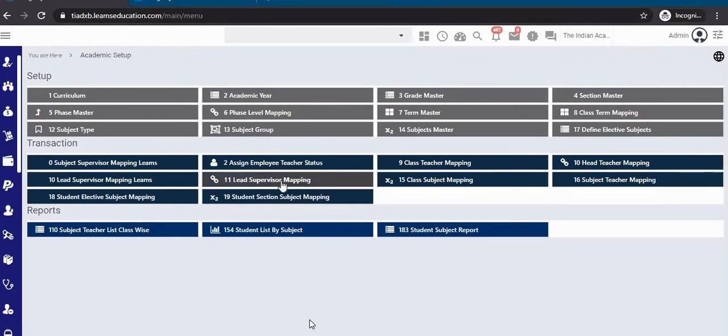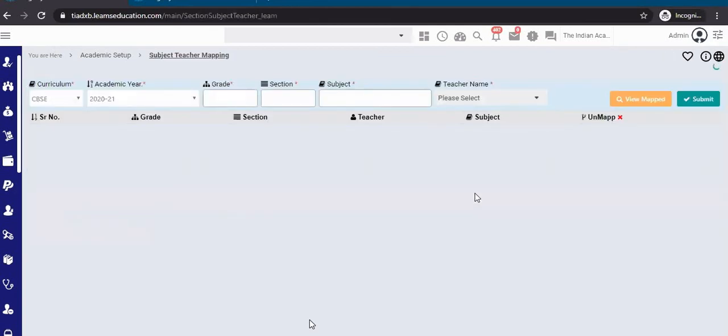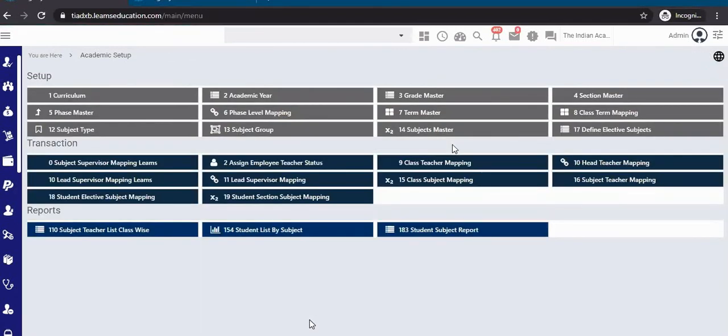So any mapping you make, you can see in both applications. For example, the subject teacher mapping: if you do it from the old session subject teacher, you can see it here, and here also. Okay, so that is not an issue. Clear.